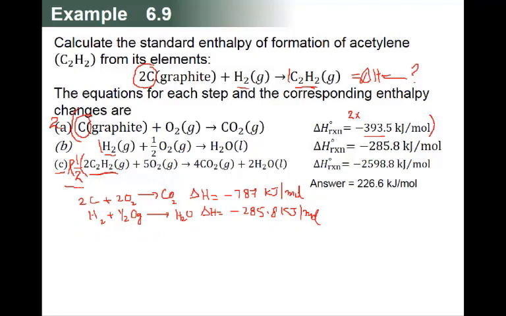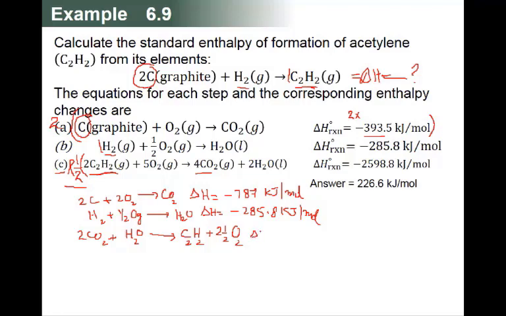Number 3, we have to do 2 steps. Reverse also and divide by 2. So if you reverse, then you have to write this one first, the product will come first, and divide by 2. So 4 carbon dioxide will change into 2 carbon dioxide plus 1 water. It was 2 water, now it becomes 1 water because we divide by 2. And now we write the reactants on the right side to become product. So this 2 C2H2 becomes 1 C2H2, acetylene, plus 5 oxygen divided by 2, this will become 2 and a half, 2.5 oxygen.